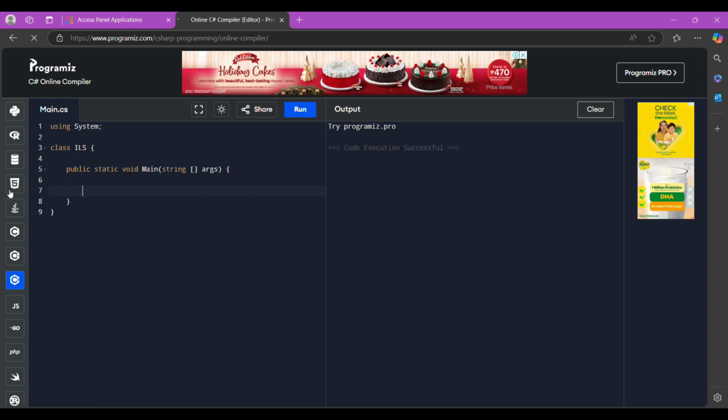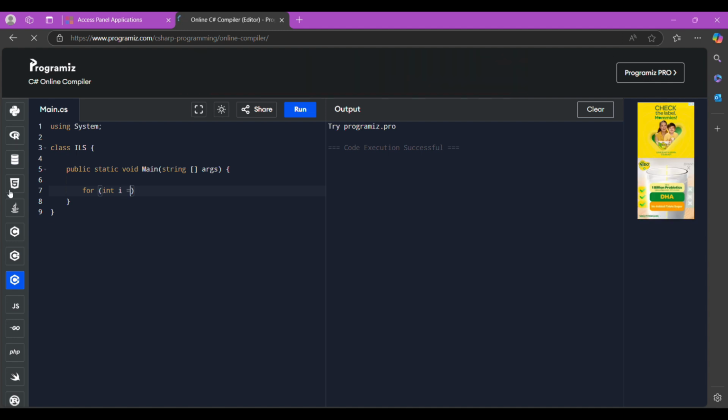So the first thing that you're going to do is type for, then int, because we're going to make a loop that counts down. Here we're going to make an example.